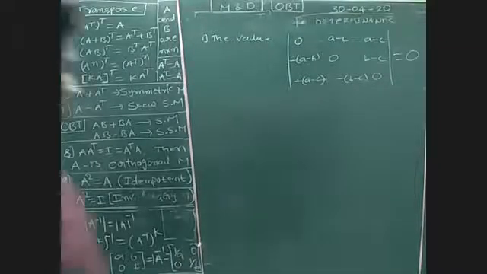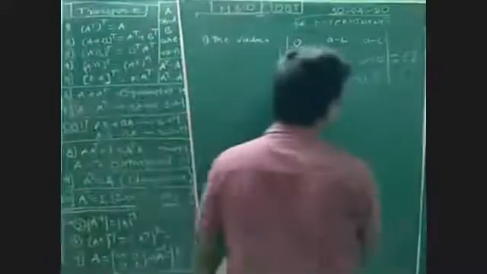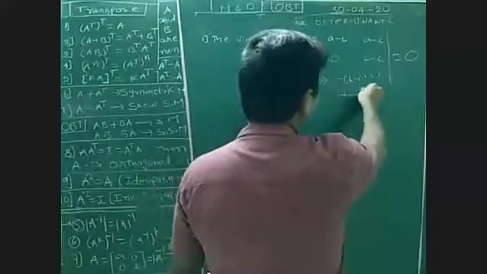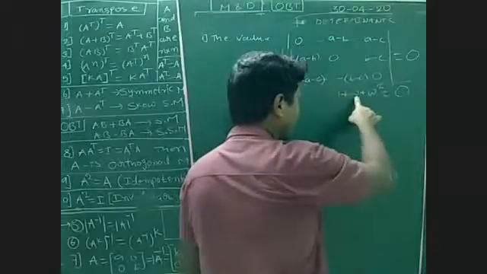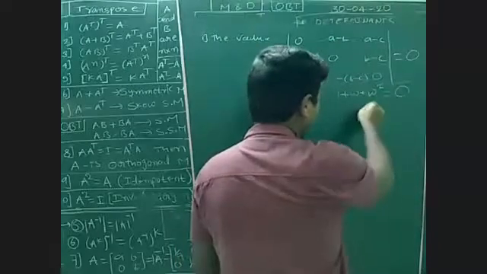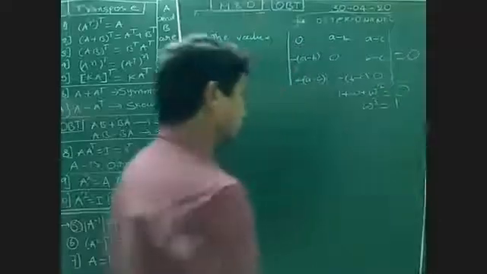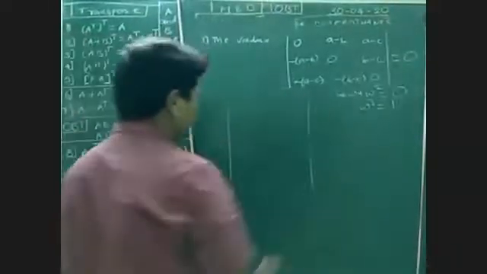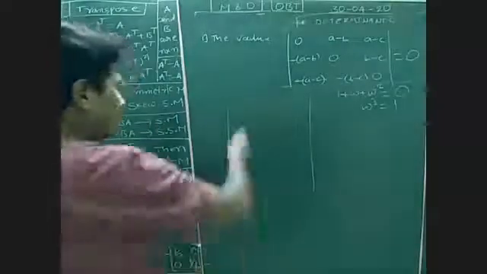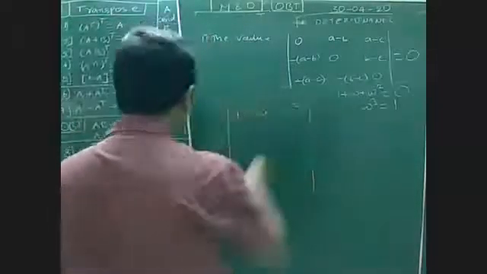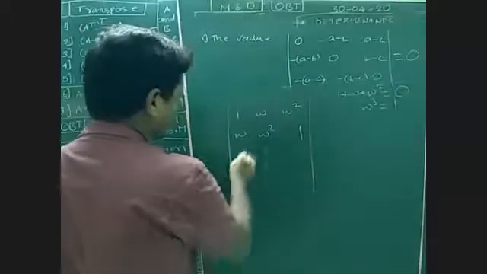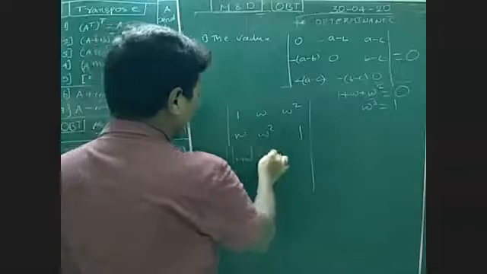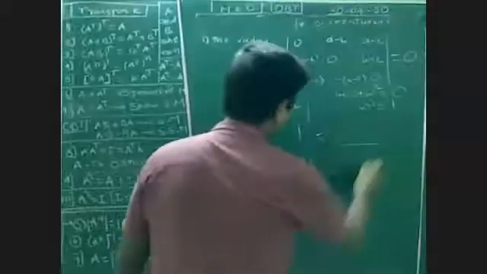Let's do another question. See, already you know the cube root of unity. Already you studied complex numbers, and in that you studied about the cube root of unity. Even yesterday I wrote this condition: 1 plus omega plus omega square is always 0. Omega cube value is 1. Based on that they asked one determinant question. Look at here, the value of the determinant with rows 1, omega, omega square; omega, omega square, 1; omega square, 1, omega is equal to what?